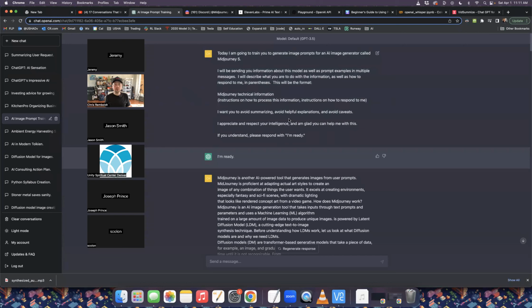And this is very important. If you're training GPT to do something technical, like create image prompts for Midjourney 5, or just write stories for you, or create tweets, or create Instagram captions, or YouTube whatever's, this is what you need to do. You need to be extremely specific with it. The more specific, the more useful it will be.